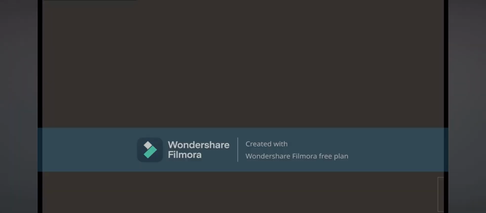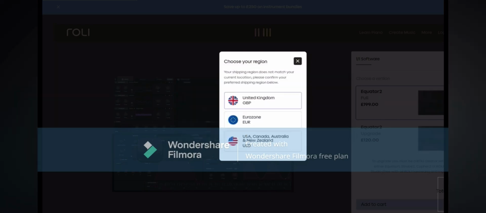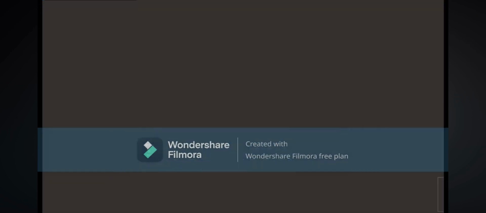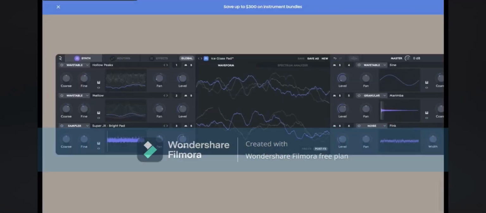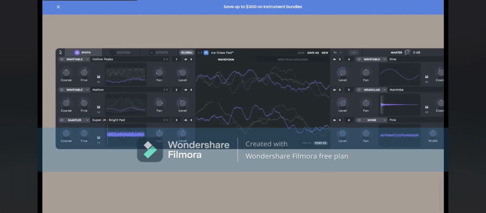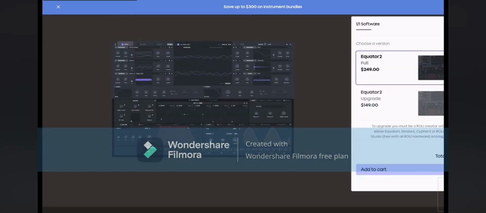And just try this one, see what it looks like. Get rid of that. Get rid of all this. Okay, this isn't really a good example, but